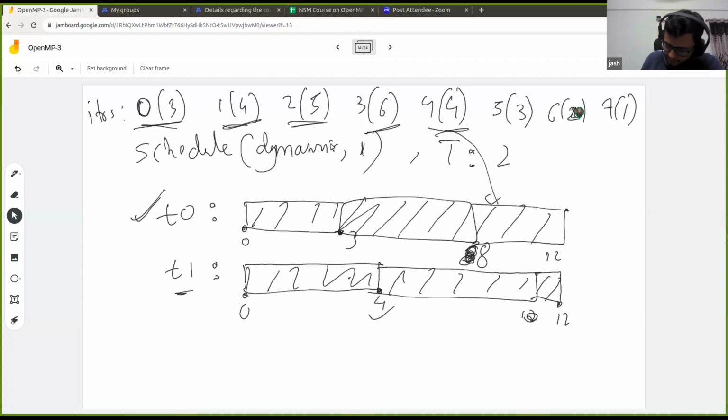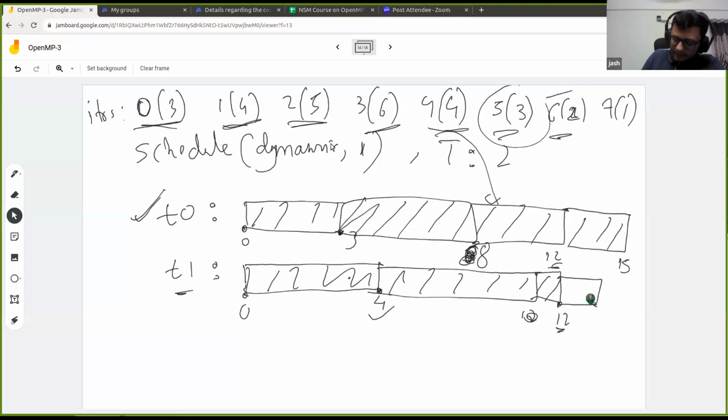Then again, at this time, both of them are idle. So OpenMP will assign, let's say, the 5th iteration here and the sixth iteration here, right? And again, at the 14th time unit, thread 1 was idle, so this last iteration will be assigned again to thread 1.